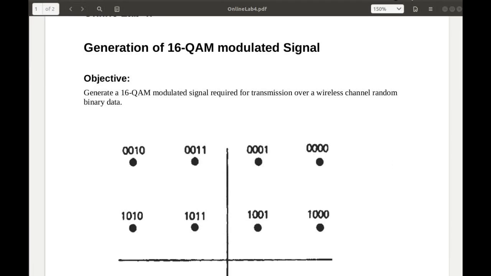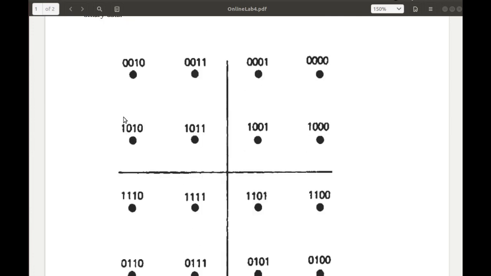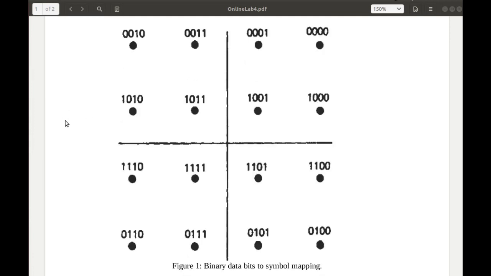We will generate the 16 QAM modulated signal in this video. Our objective is the generation of a 16 QAM modulated signal, which is required for transmission over a wireless channel for random binary data. Keep in mind we have to implement a 16 QAM